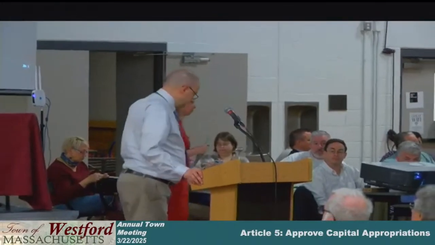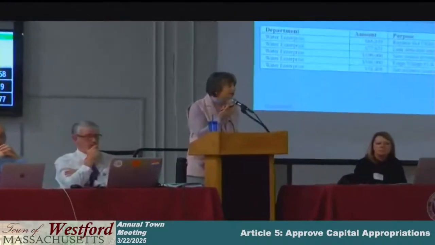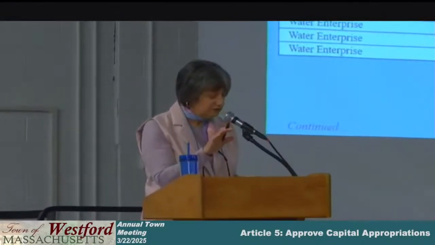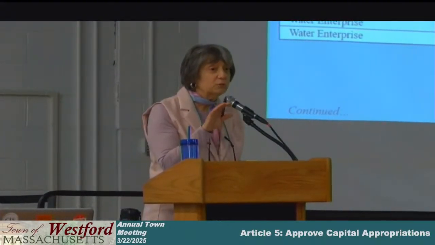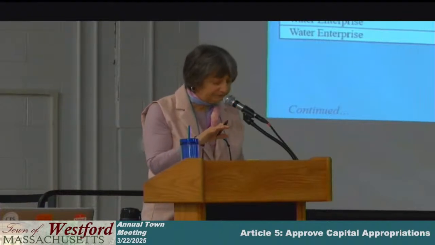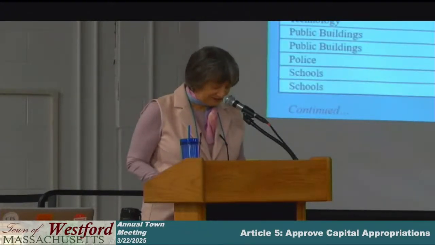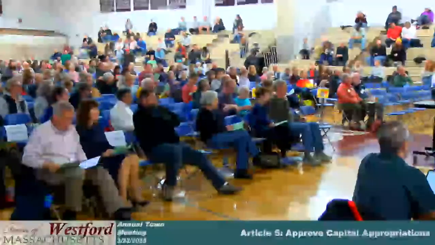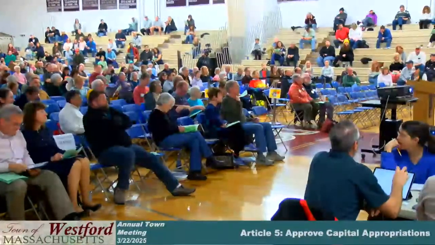As moderator, I do have the authority to either say we're going to vote on these separately or not, but I'd like to get a sense of the room. So I'm going to ask you to take a voice vote on whether or not the following items should be voted separately. Take them one at a time, okay? We'll try to get through it quickly. $150,000 for town copier replacement. All in favor of voting that separately, say aye. All opposed? That's a no.